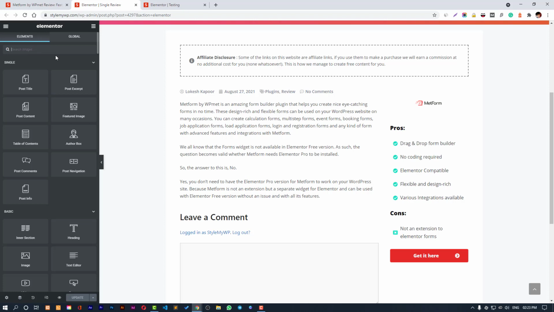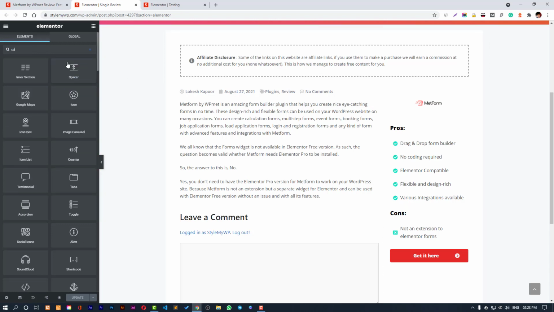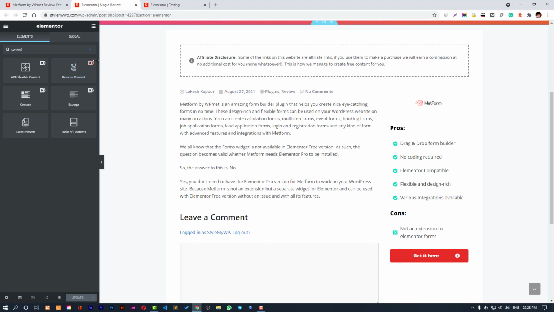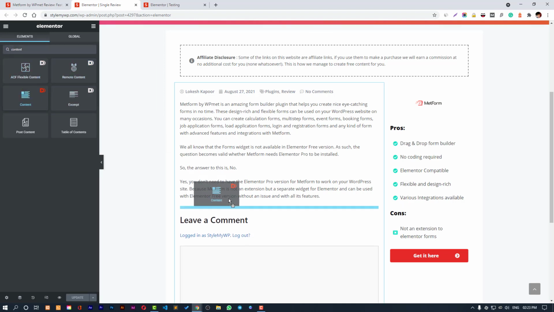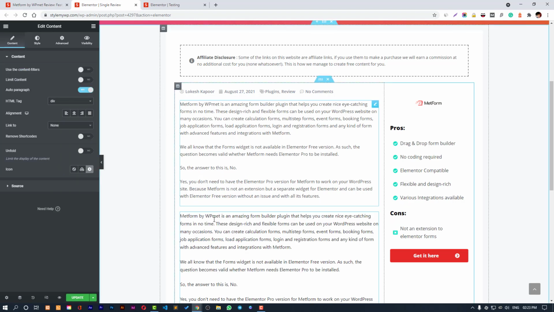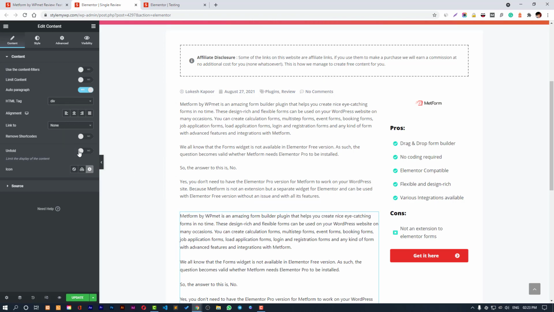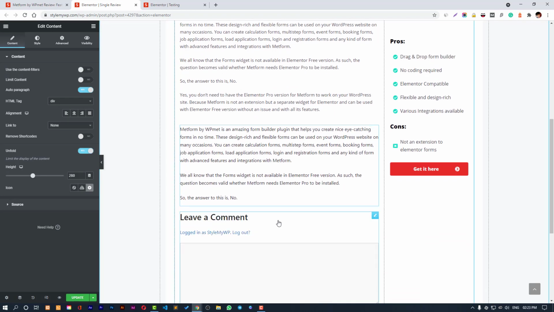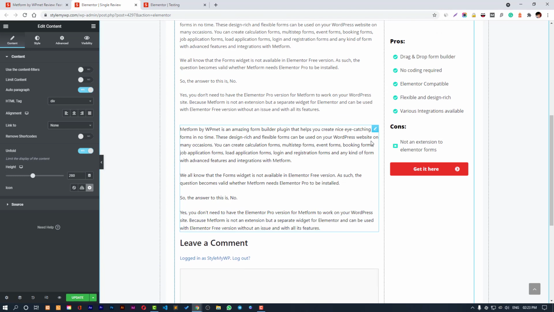But I have enabled like 1 GB of PHP memory allowed to it, so it didn't take time, but in your case it can take time. So make sure you have PHP memory enabled to have like around 412 megabytes or above. Perfect. And let me show you first with the content widget of Dynamic-O, so you get to know what I was talking about. So it will just get this content right there, yeah, and then you can have this unfold button and you can simply use this.